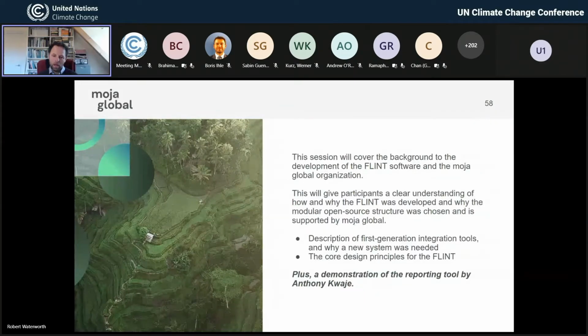I'm going to go into the core design principles of the FLINT, and I am going to go through the types of data that need to go into it, and we'll see those especially coming through in the examples. About halfway through the presentation, I'm actually going to stop and I'm going to hand the floor to Anthony Quaget